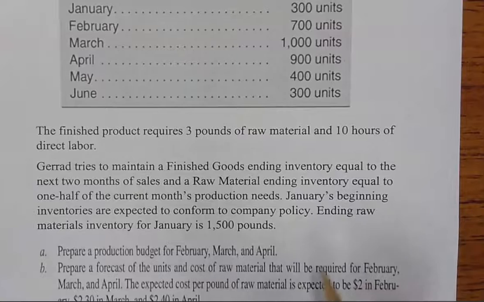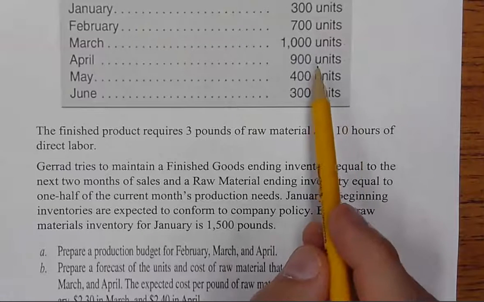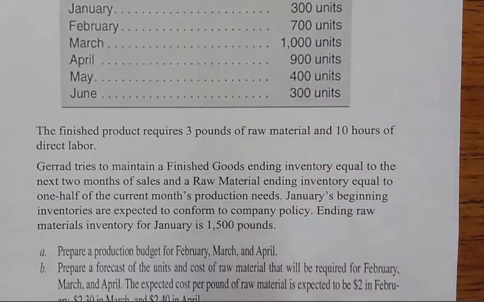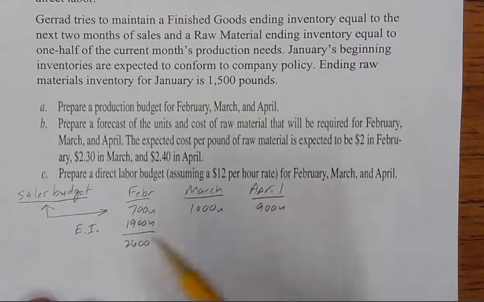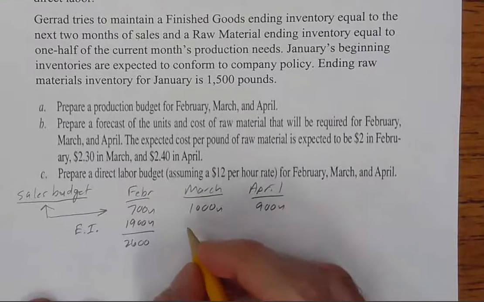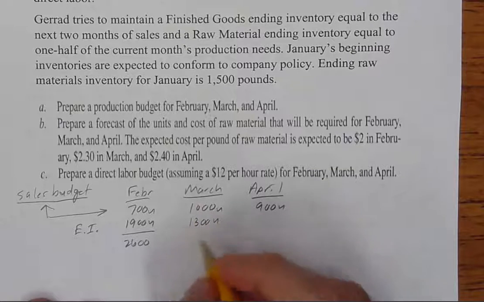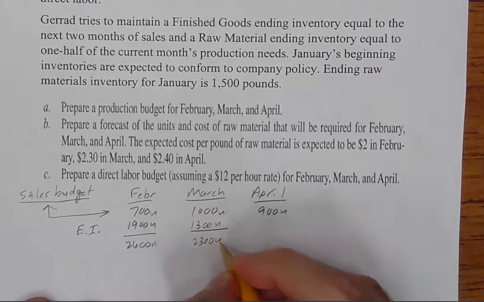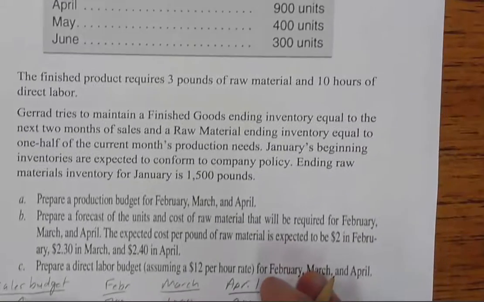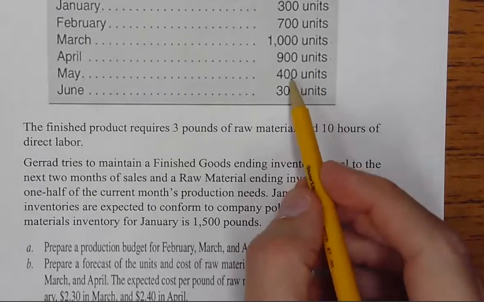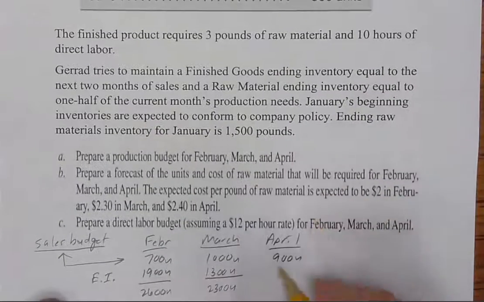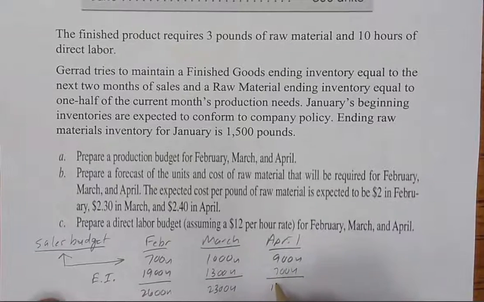For March, the months after March, we got 900 and 400. So we're going to come back down here. That's 900 and 400 is 1,300. So I'm going to add those 1,300 units to come up with 2,300 units. And then I'm going to come back up here to April. And the next 2 months are 400 and 300. And that's 700. Okay, so I'm going to add that. And that is 1,600